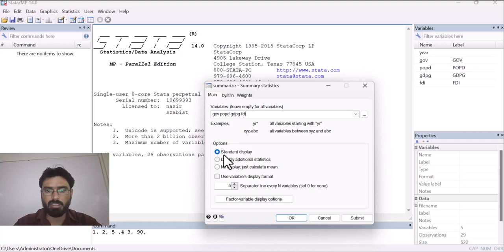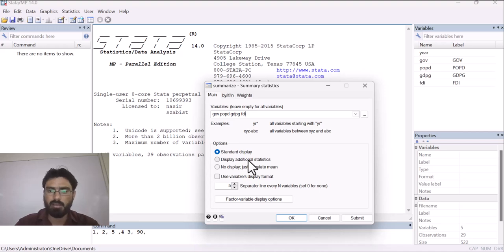Then from these two options, the first option is standard display. Standard display gives you only the mean and standard deviation. It will not give you the results about skewness, kurtosis and all other things. But if you go with the option display additional statistics, it will give you the complete picture: mean, median, mode, kurtosis, skewness, variance, observations, each and everything.